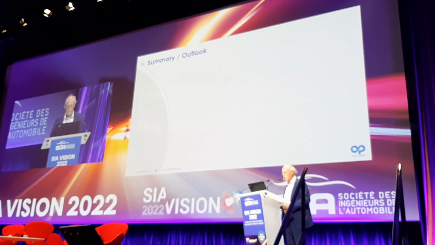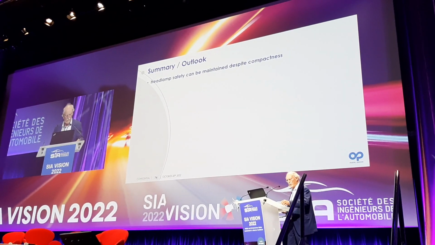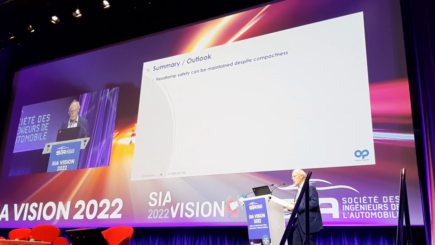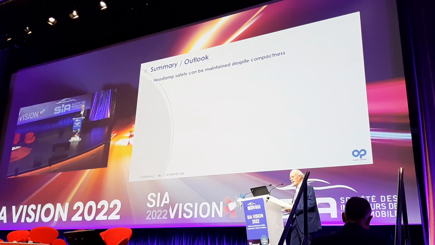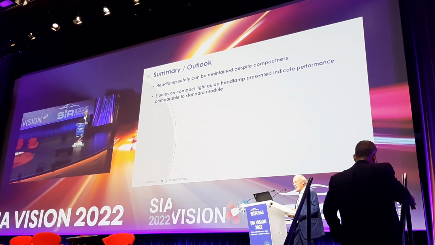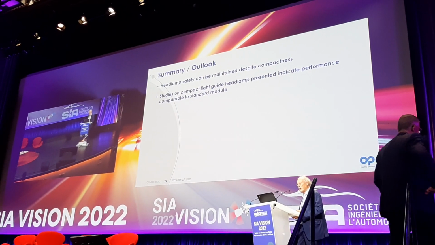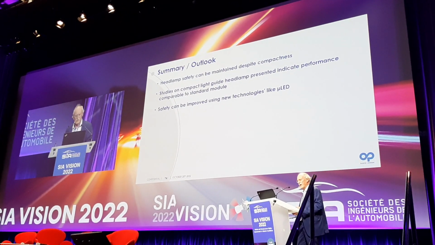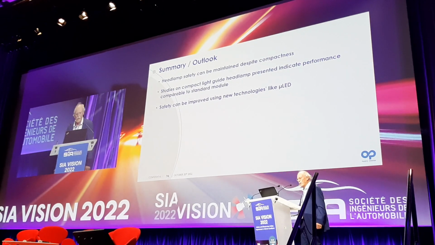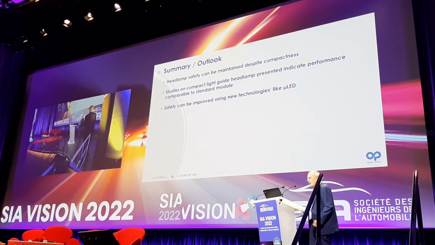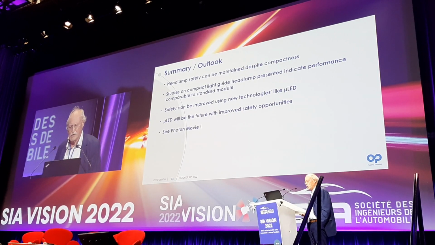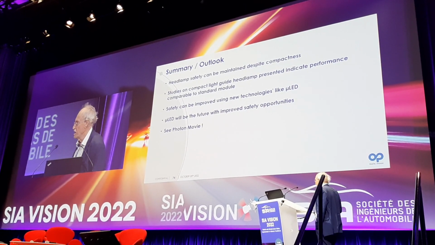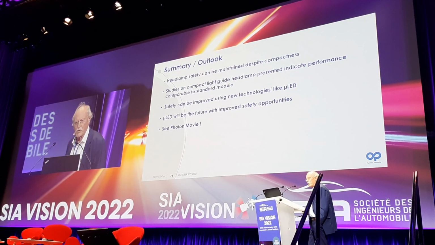And then I will show you as a summary that this is what we are looking for. We have to create new ideas. That is important, so that we can realize the safety aspect. We can look at this performance compared with a standard module, and micro LED is another good chance to realize this in the future. And now I will show you at the end this photo movie with comments from the photons,